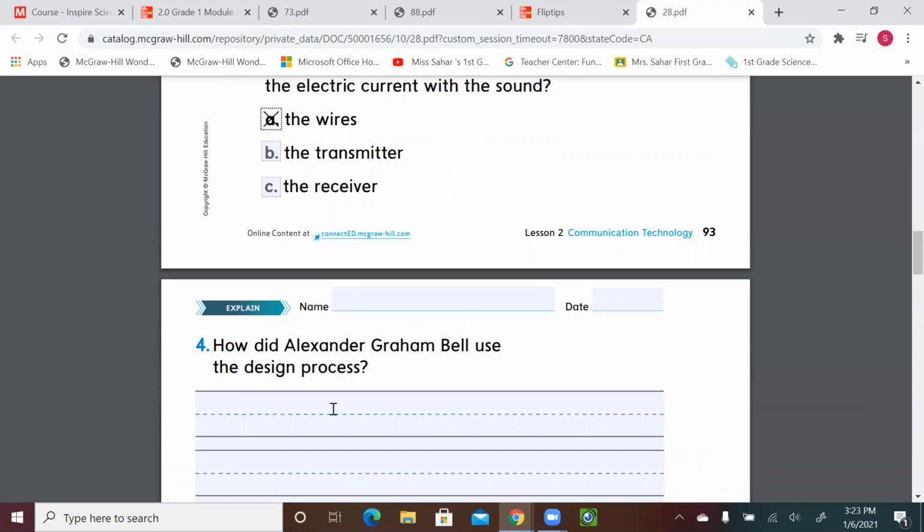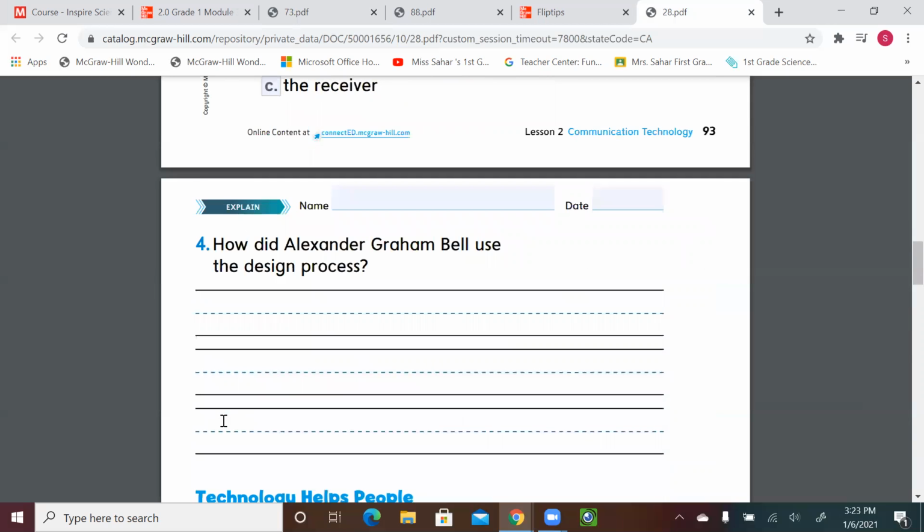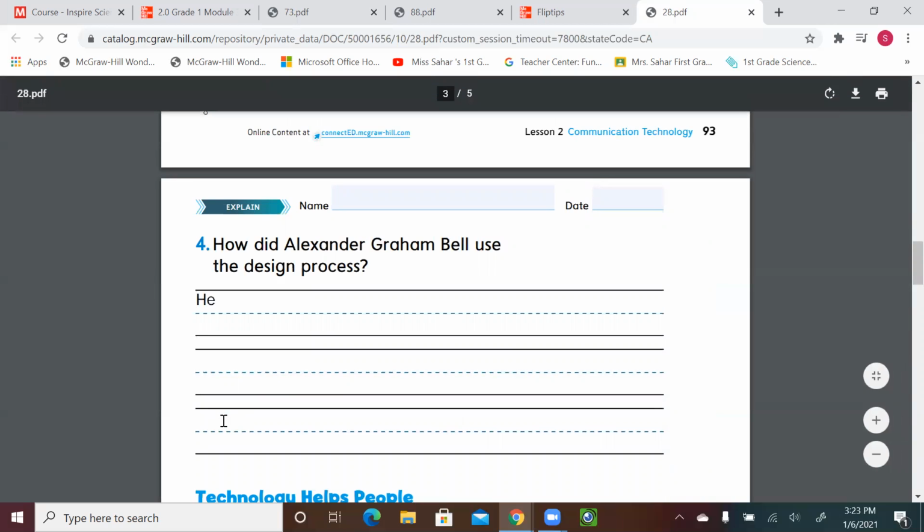So we need to put this down. So we're going to say he designed and built a way to send messages,